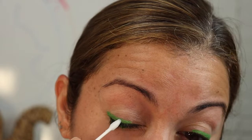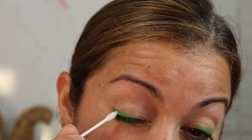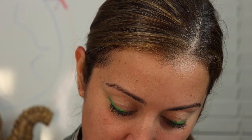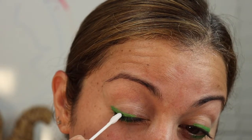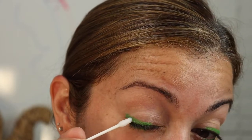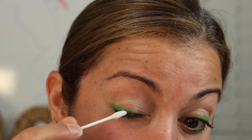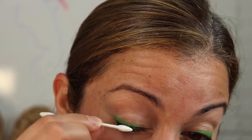This is where my white glitter is gonna go. And I'm gonna dunk my Q-tip in the glitter. I'm gonna just try to get it right on the bottom line. Don't want to cover up the green. It's not really white. I mean, it looks white, but